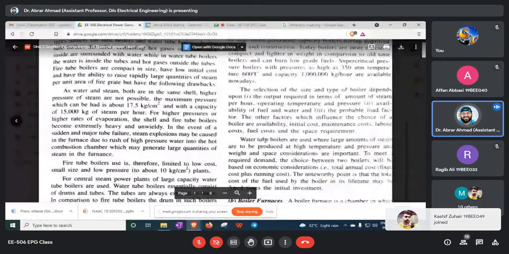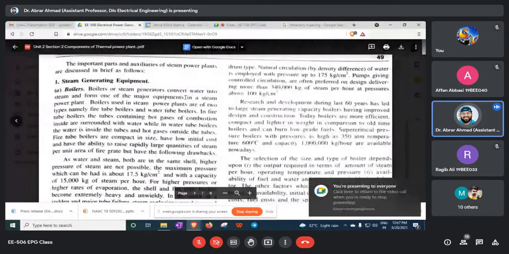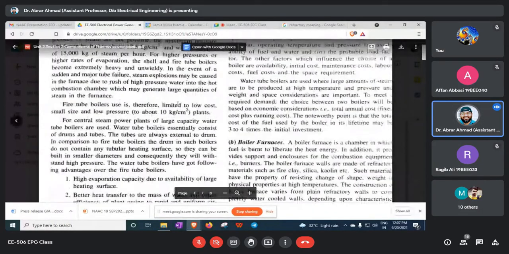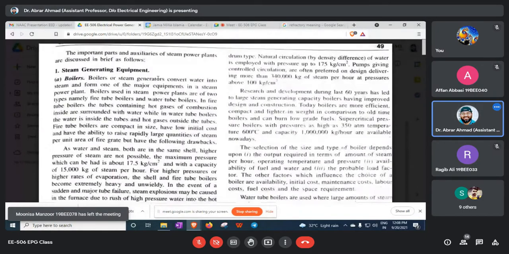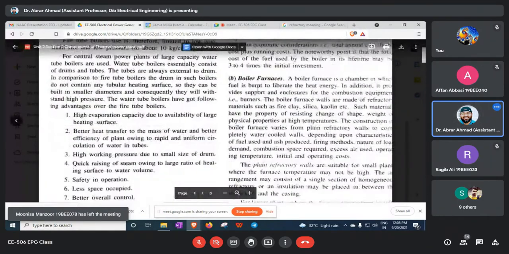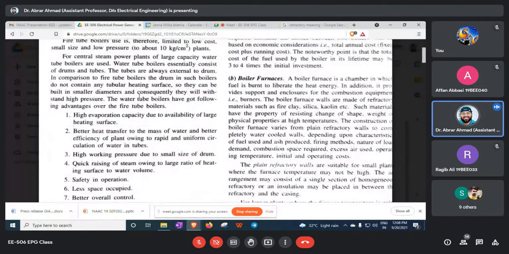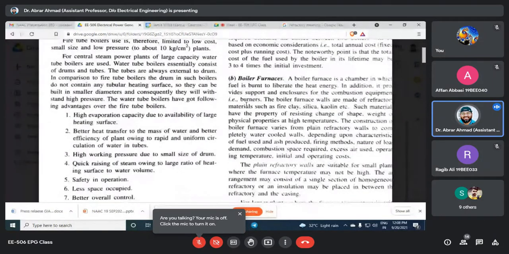We were actually talking about different components of thermal power plants. So today we discuss a little bit about boilers, and we are actually covering steam generating equipment. So what are the different steam generating equipments? We'll discuss that. In that we have to see that we have a boiler furnace. So we discuss about boilers, then we are going into the details of the furnace, and